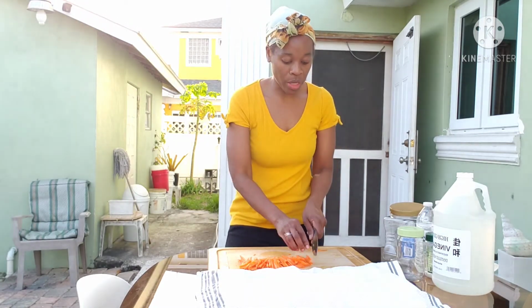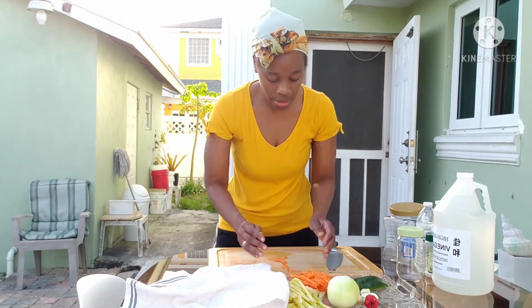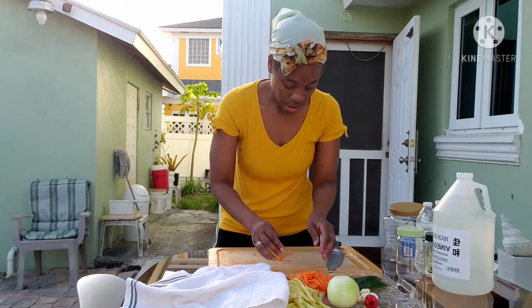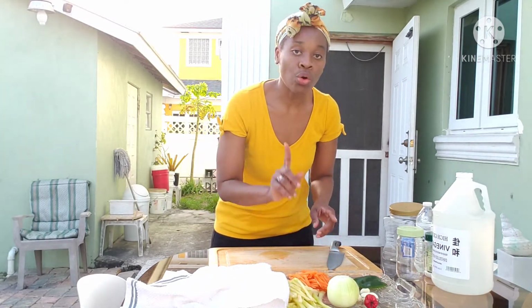But yeah, guys, don't forget, when you break your fast, refeeding is very important because your body needs a lot of nutrients that you would have lost. You need to pack your body with nutrient-rich fruits and vegetables. No grease,